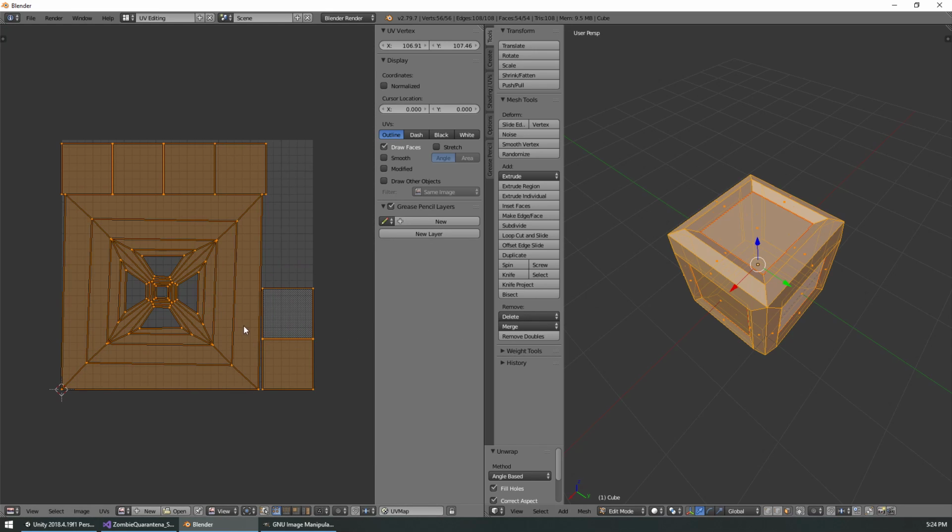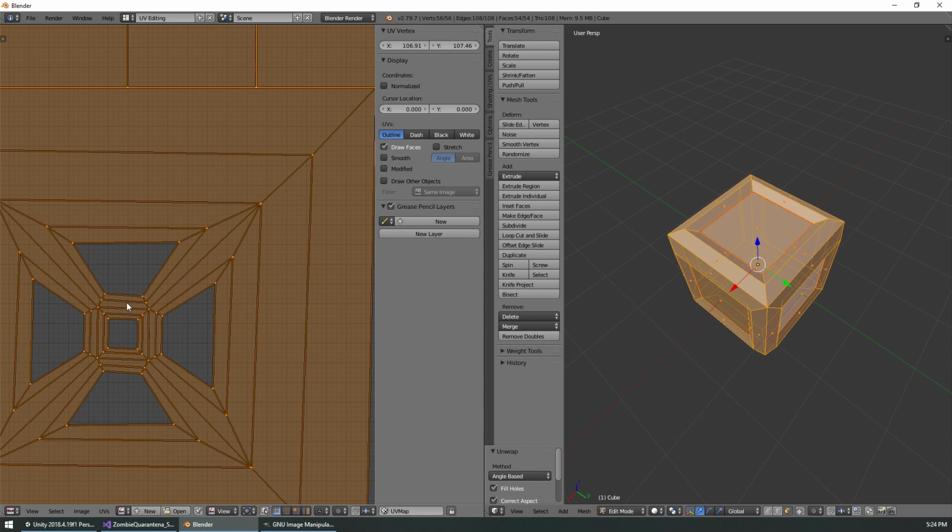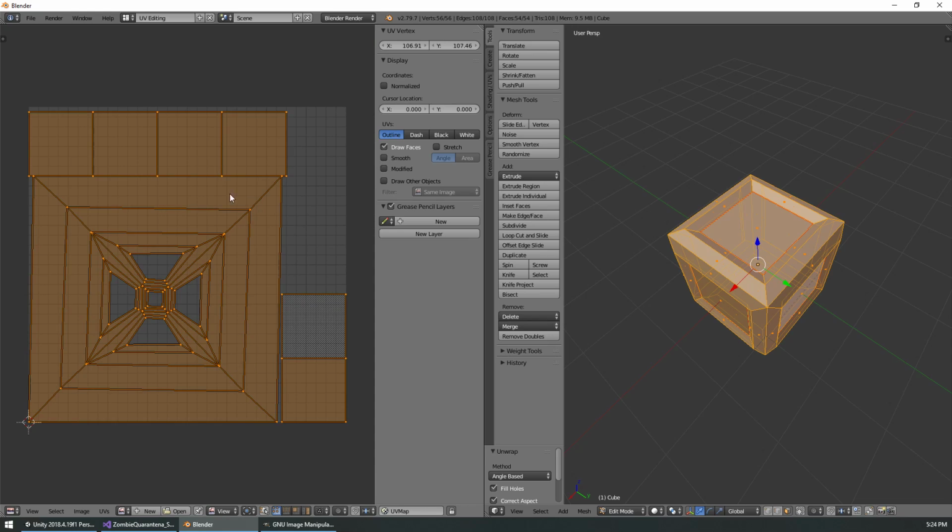The reason it looks weird is because it's trying to preserve my 3D model in 2 dimensions, except for where I have told it to have a seam. So it has unwrapped the model in such a way that the 3D-ness of it has been smushed down. The consequence of that is this edge and this edge occupy much different spaces in our UV map, which is not really ideal because